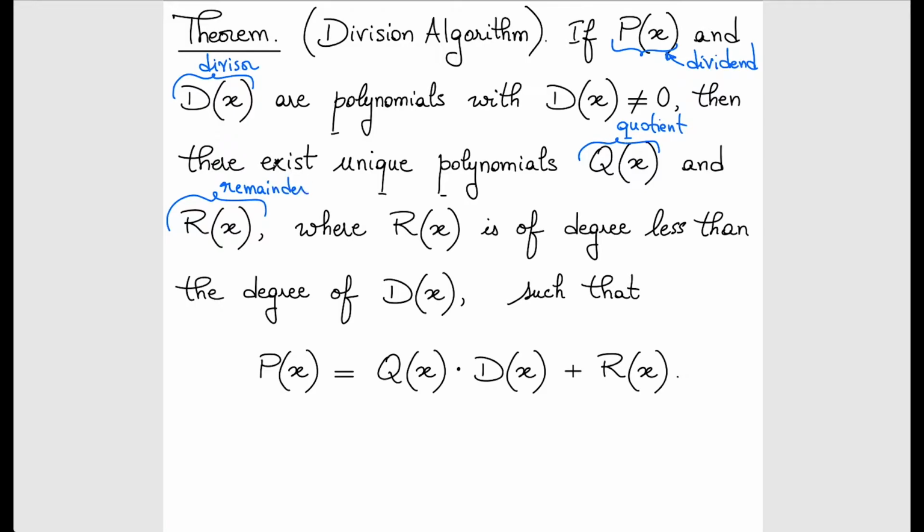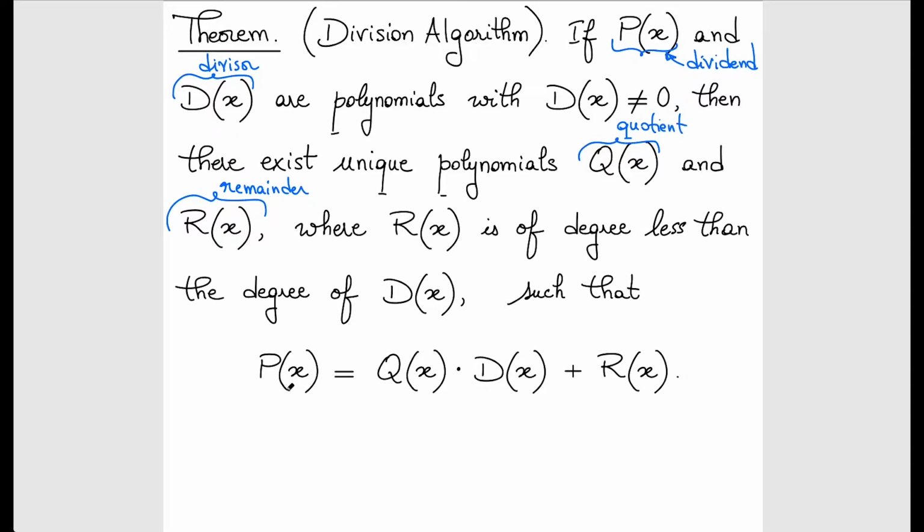But now we don't have numbers. They are generalized numbers, which are polynomials. So the degree of the remainder is smaller than the degree of the divisor. So in this case, r is the remainder. The degree of r, this is a polynomial, so I can talk about its degree, right? Like in the definition. So the degree of r of x, the remainder, is smaller than the degree of the divisor. Such that this happens,